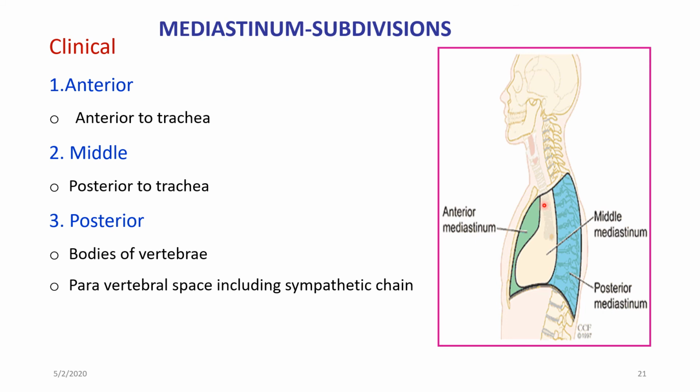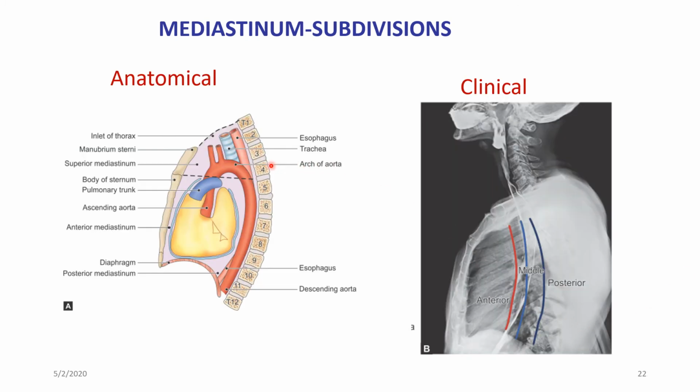The anterior to trachea is the anterior mediastinum. So the anterior mediastinum includes the anatomical middle mediastinum. That's what you have to understand by clinical subdivisions of the mediastinum. Now you know what is anatomical mediastinum. I need not repeat it,